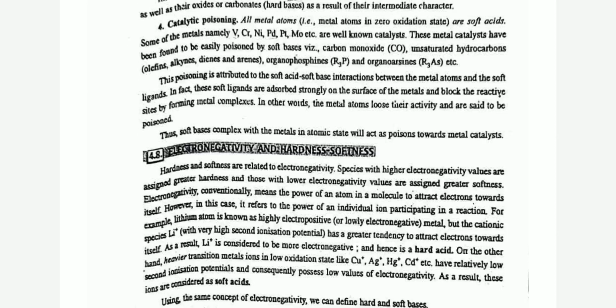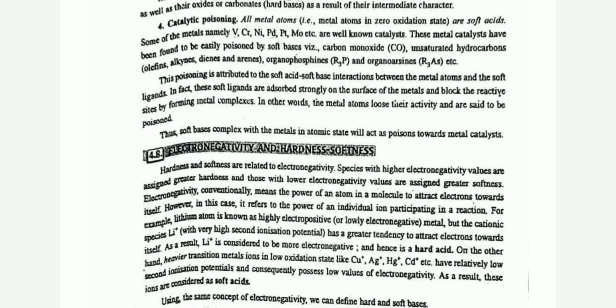These metal catalysts have been found to be easily poisoned by soft bases such as carbon monoxide, unsaturated hydrocarbons, olefins, alkynes, dienes, and arenes, organophosphines R3P and organoarsines R3As, etc. This poisoning is attributed to the soft acid-soft base interactions between the metal atoms and the soft ligands. In fact, these soft ligands are absorbed strongly on the surface of the metals and block the reactive sites